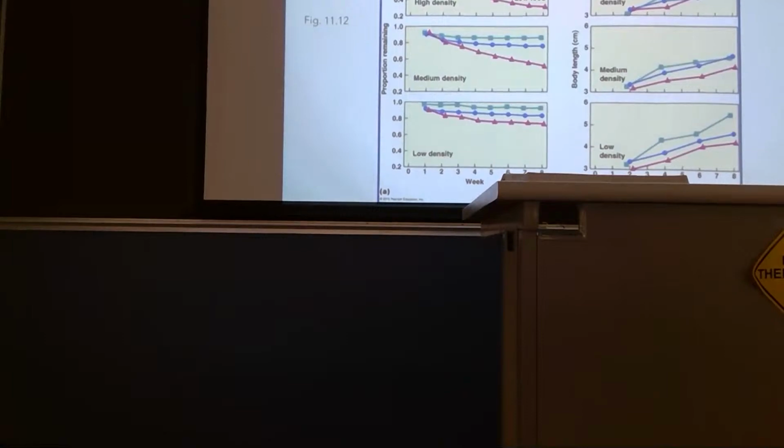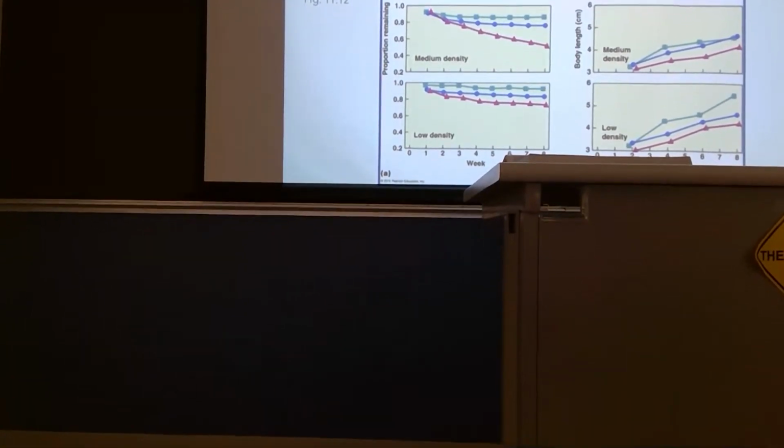Okay, let's chat about our steelhead trout. It's kind of interesting from several perspectives what is happening with fish in different densities and under different food abundances. They had them in artificial competition with each other at a couple of different scales, and then they were measuring them in terms of survival, proportion remaining, as well as their growth. It's interesting from an environmental perspective: what happens when you get big population abundances of fish, and how do they interact with one another?